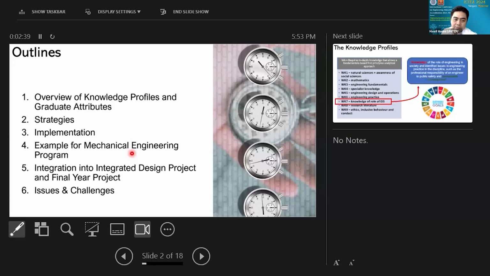A good example is to show some integration into the integrated design project, as well as the final year project. And then my presentation will end with some issues and challenges which I think might be worth sharing with all the participants today.